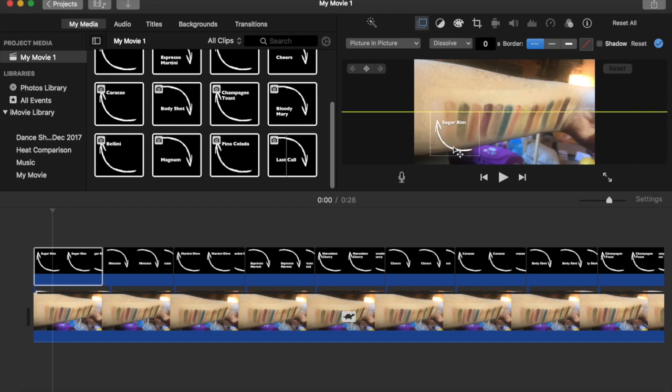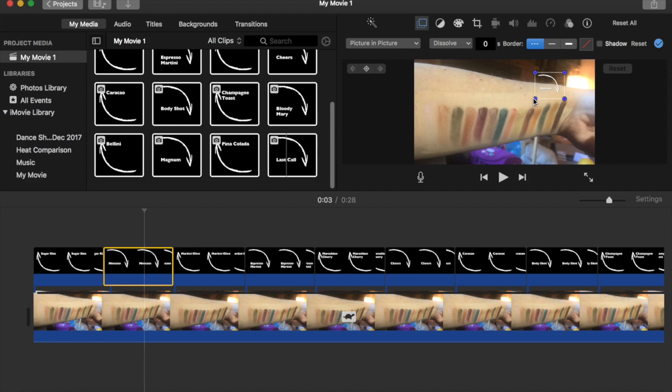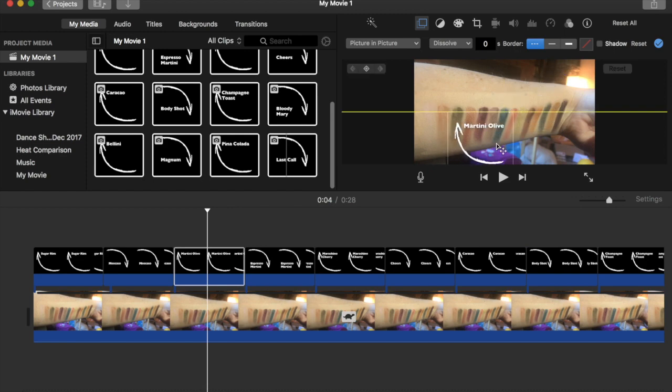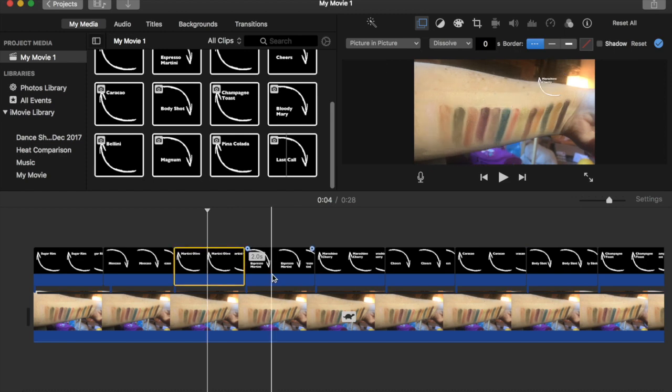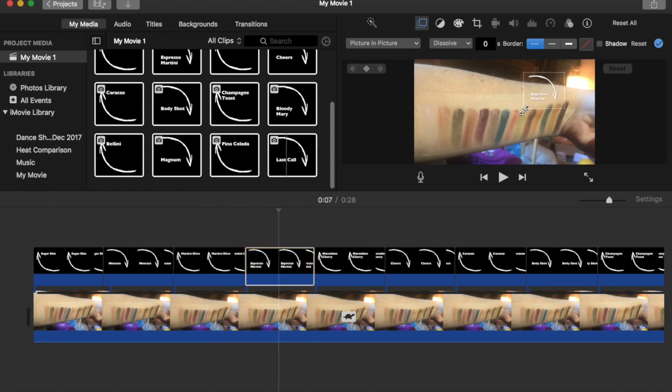So you see, it's just a case of going through and resizing them and putting them in the right place. They just need to be big enough for people to read them when they're on the big screen. So I want to make sure that that word is within the frame. But I'll fast forward through this bit now that you've seen the gist of it.